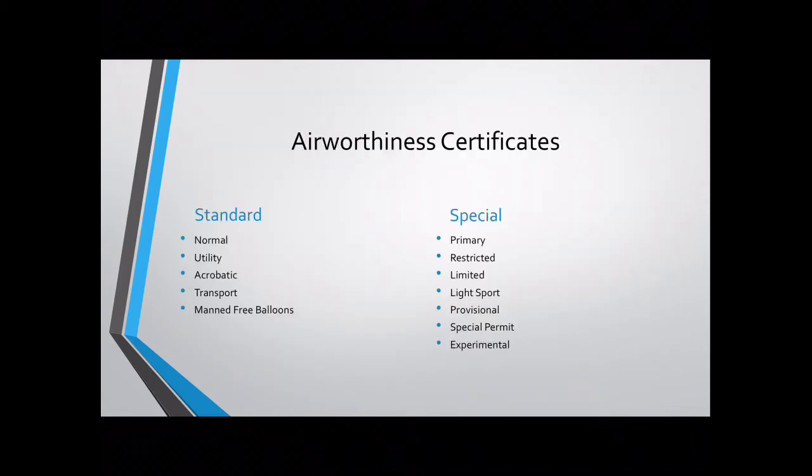Of our airworthiness certificates, we have a couple different classes. We have our standard and special airworthiness certificates. The standard airworthiness certificate will cover normal, utility, acrobatic, transport, and manned free balloons. And the Special Airworthiness Certificates covers another few sections in addition to what we consider special permits and experimental permits. Special permits could include things like ferry permits. If we have an aircraft that is out of compliance for some reason, we can apply for a special ferry permit to allow the aircraft to be flown to an airport where the proper work can be done,